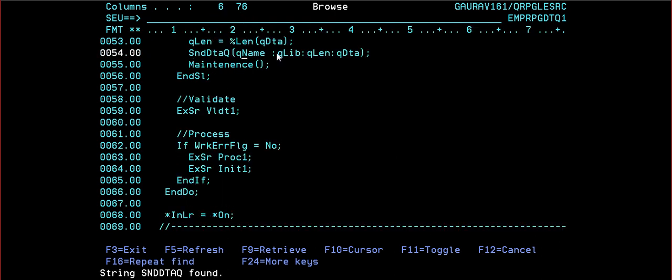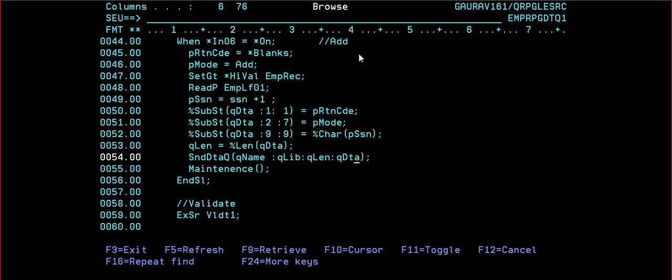So in queue name, queue library, queue length, queue data. So what we are doing, three: return code, mode, and SSN number we have to pass. So we will be passing in this way, right? SSN number we are passing. I mean, SSN number, all these three. Then length, queue library, and queue name. So queue name and queue library we can initialize, right? So what I am doing, first I am putting in a data queue, and then I am calling that program without any parameter. So whatever parameter we were passing, now I am passing through data queue.